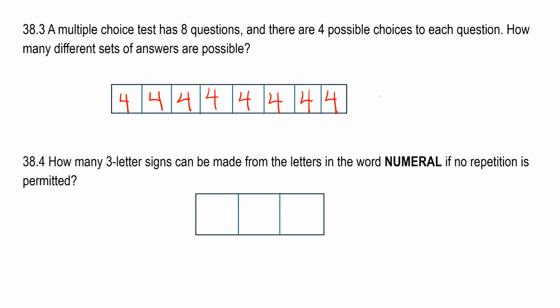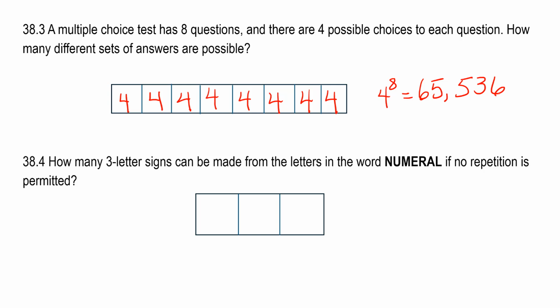So you've got 4 to the 8th power, because you can multiply all those together. So 4 to the 8th power would be the number of ways you could fill out this test. And 4 to the 8th power is 65,536. So if you were just going to take this test without studying and you're just going to guess randomly at your answers, your chance of getting 100 would be 1 out of